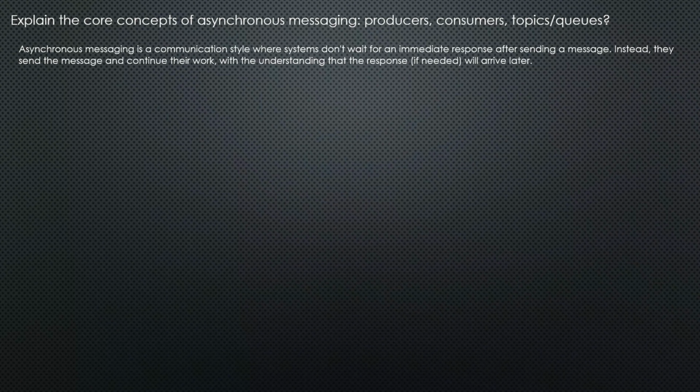Second, explain the core concept of asynchronous communication. Now, there are three things when you are dealing with asynchronous, as I mentioned. One is producer, one is consumer, and one is the topic or a queue. Okay, so you must know what asynchronous communication is about, where the system is not going to wait like